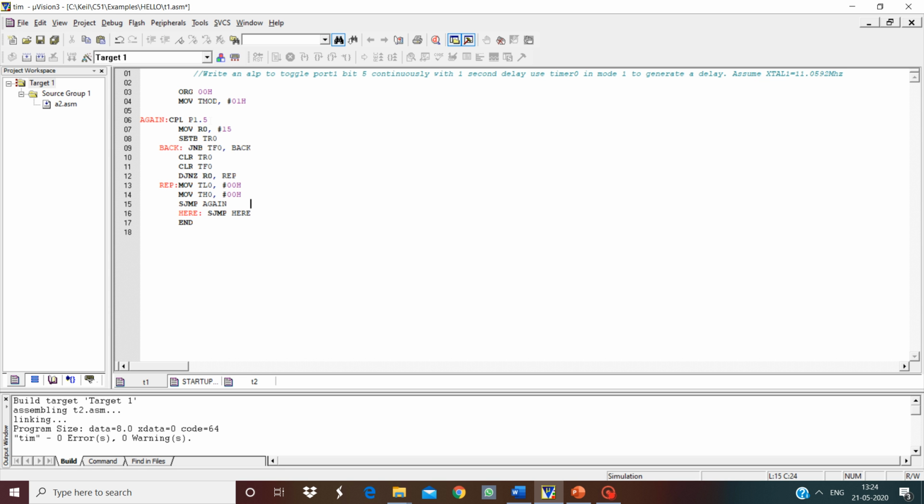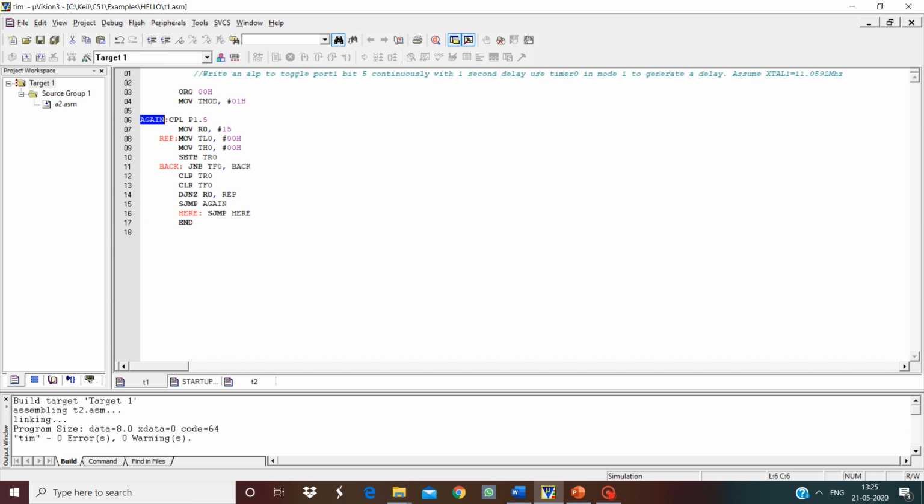Now the output was 0, and it remains 0 for 1 second. After that, I have the instruction SJMP again. The SJMP again instruction is an unconditional jump which takes the control back to the label again.